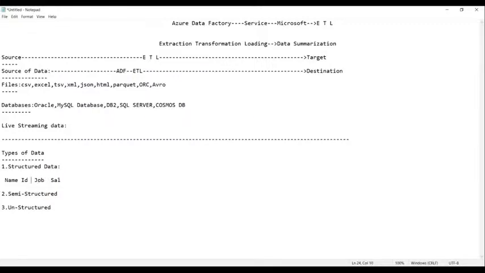Let's fill it up. Name I'm using as Alan, and here the ID number. Job is clerk, and then we have 25,000.